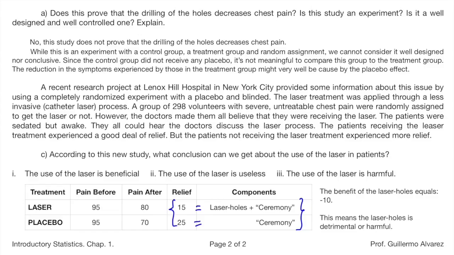This exercise shows that the medical authorities were administering a harmful treatment for over a decade because they thought it was good, because they just compared before with after. But all the improvement after the treatment came from the placebo effect. They learned that by conducting a placebo-blinded experiment. The important conclusion is that you always want a clinical trial to be done with a placebo and at least blinded. If double-blinded, even better.